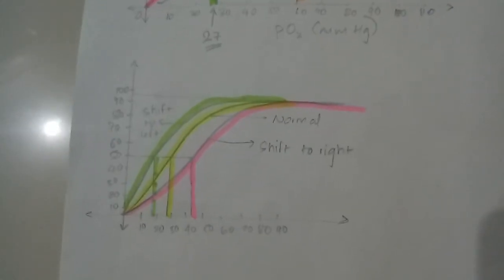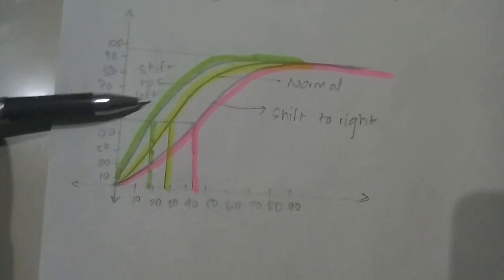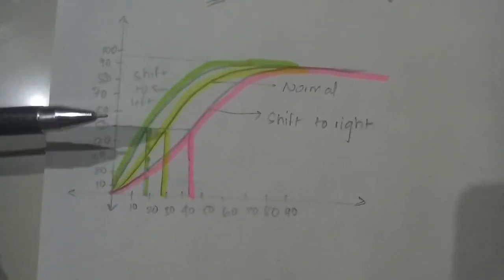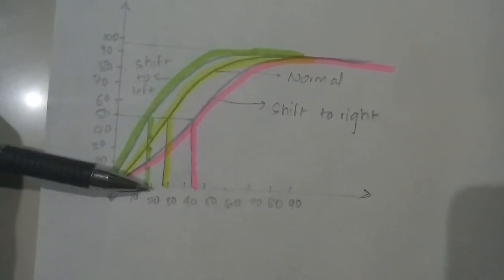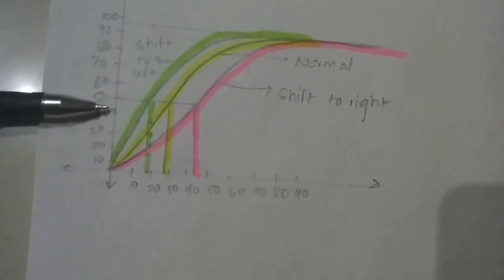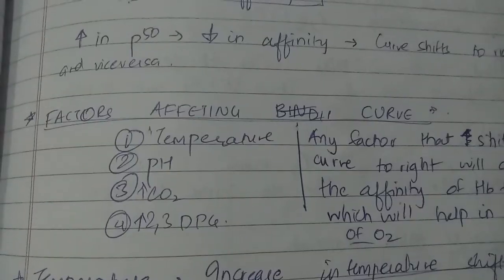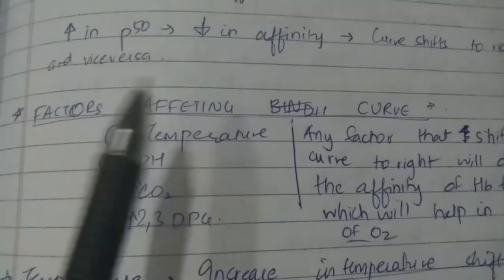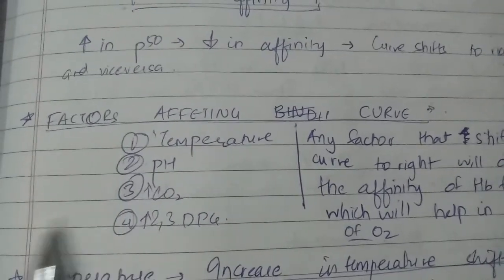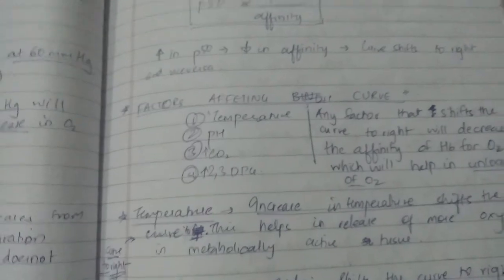This is exactly opposite for a shift to the left, where the P50 has decreased and the affinity of hemoglobin for oxygen has increased. Factors that affect the curve are temperature, pH, carbon dioxide, and 2,3-DPG, right? Now one thing I've shown you here is